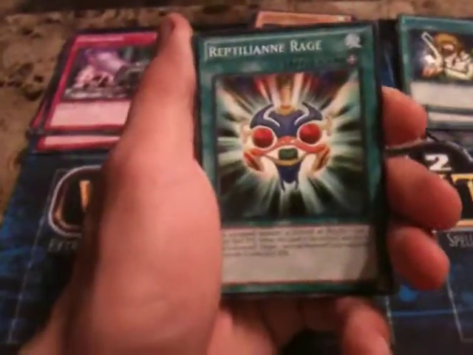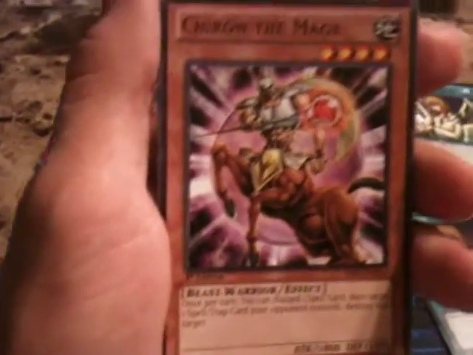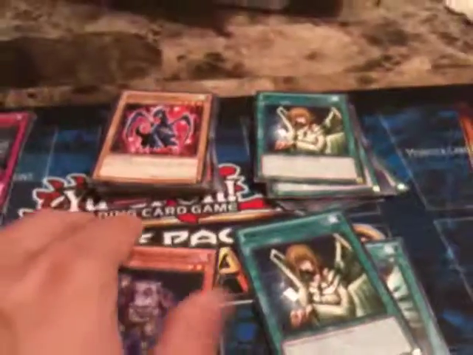So we have Reptilian Rage. I've never heard of this card in my life before, so I'm guessing it's new gen. Cyber Valley, nostalgic, and it has that crappy holograph. Graceful Charity, good, and it's nostalgic. Sharon the Mage, I think it's new gen, I've never heard of it, or old gen. And Plague Spreader Zombie. This definitely has to be new gen because I've never even heard that in the 5D series. So overall,